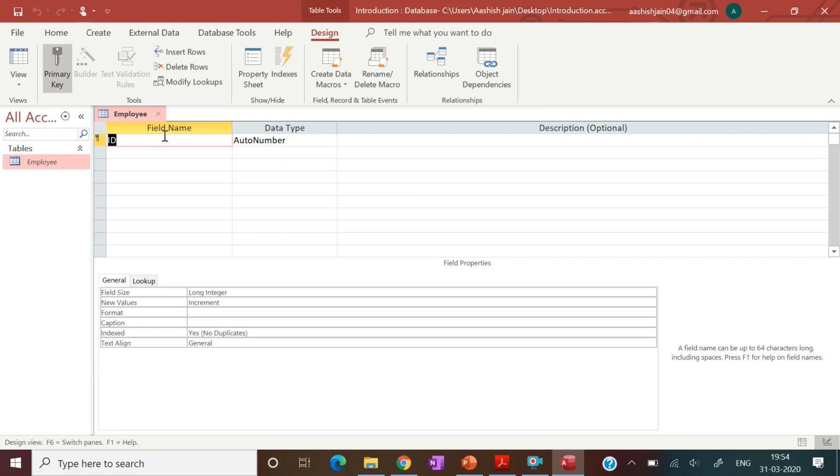Now the first column is for field name and the second column is for data type. Field name, in the sense, is what kind of data you are going to put for the employee, like employee name, address, contact number, date of joining, salary, basic pay, anything. And the data type, like suppose contact number should be in number, name should be in text.